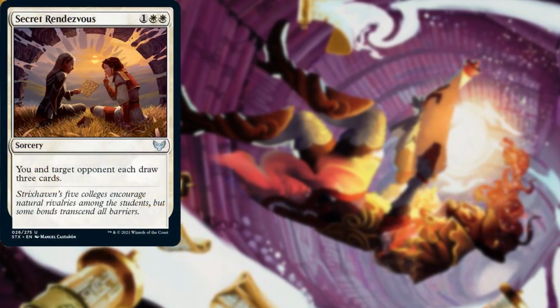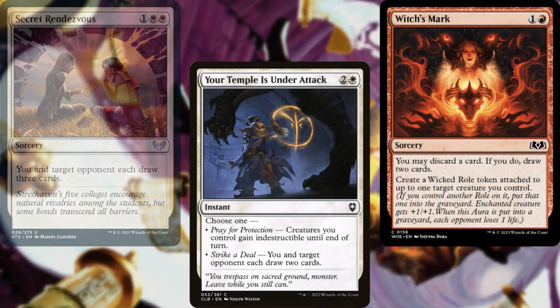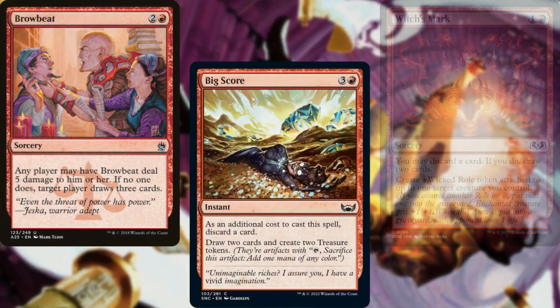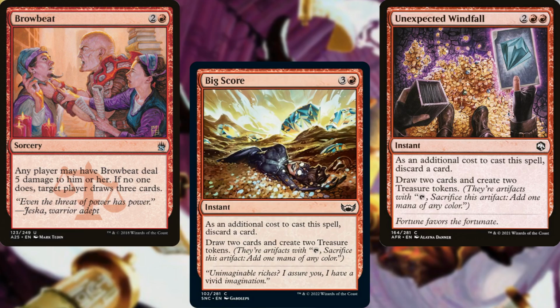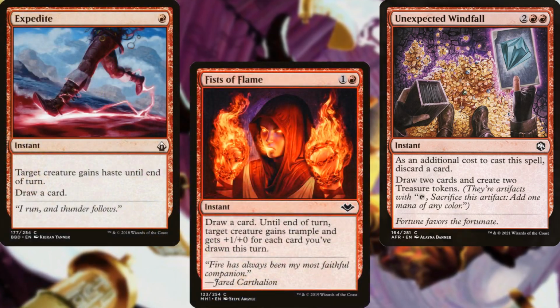For card advantage, we've got Secret Rendezvous, Your Temple is Under Attack, Witch's Mark, Browbeat, Big Score, and Unexpected Windfall. We've also got a good-sized cantrip package consisting of Expedite, Fists of Flame,